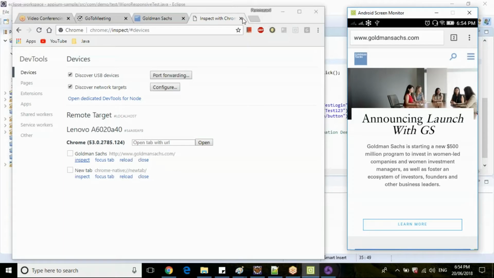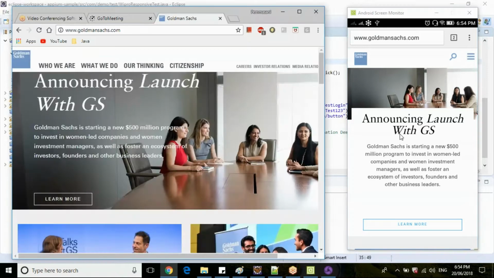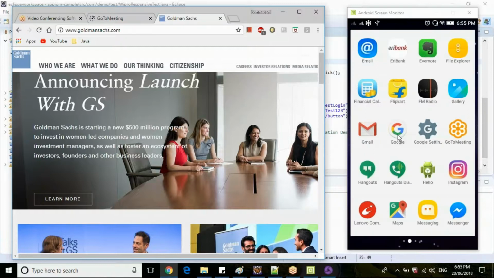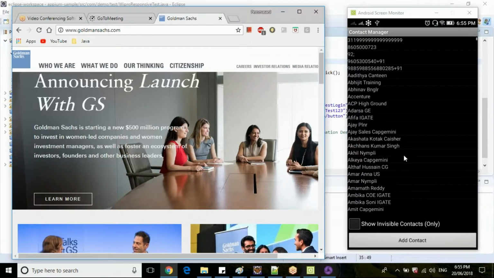How do I identify the elements for native, guys? For native applications, which are already installed in the mobile device, like Contact Manager is there here, how do you identify your applications? I mean, you inspect your elements.